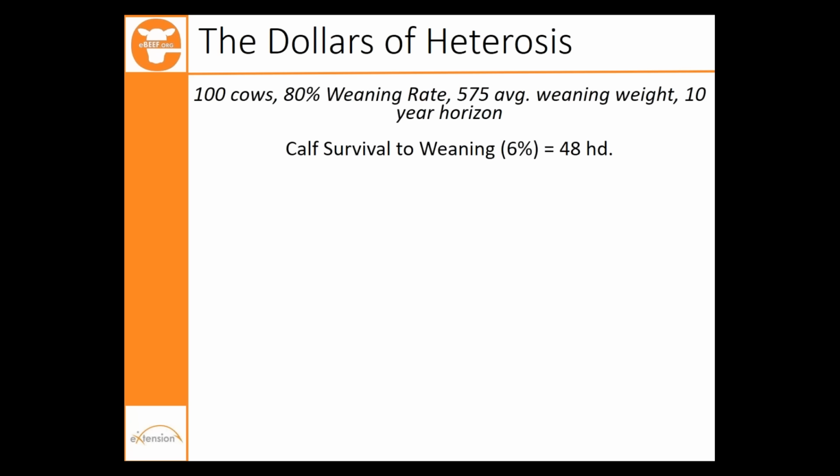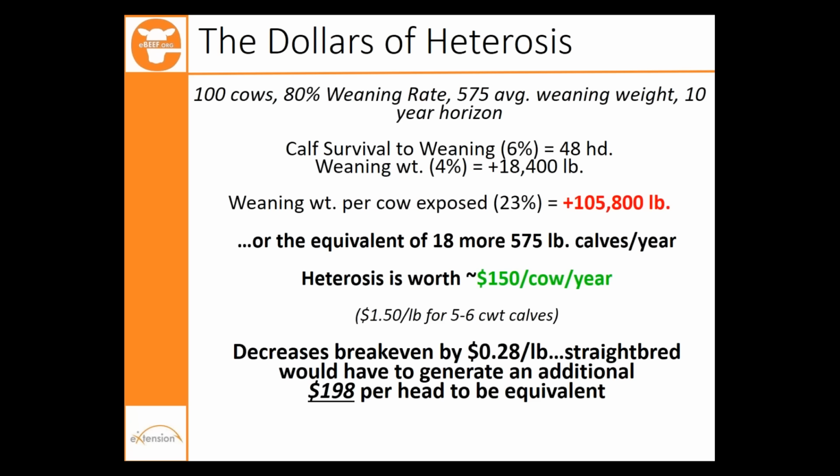If we think about the calf survival to weaning, about a 6% improvement due to crossbreeding. Over that 10-year time frame, about 48 head of additional calves available for marketing. That's about 2/3 of a potload of calves. Weaning weight, so just the individual calf part is 4%, so that's about 18,000 pounds of additional calf weight, not inconsequential. If we think about the weaning weight per cow exposed number, so we capture the reproductive efficiency part, calf survival, and performance to a weaning endpoint, a crossbred herd that's,